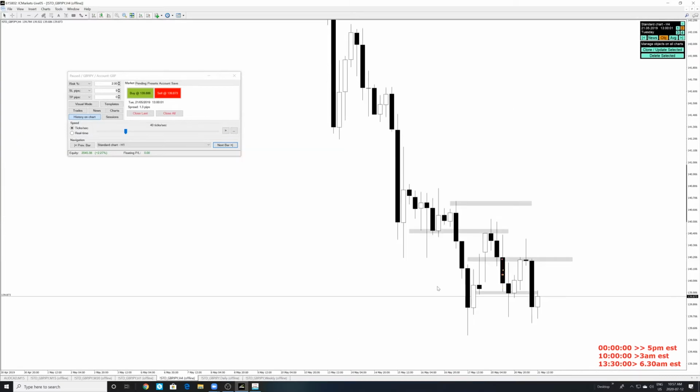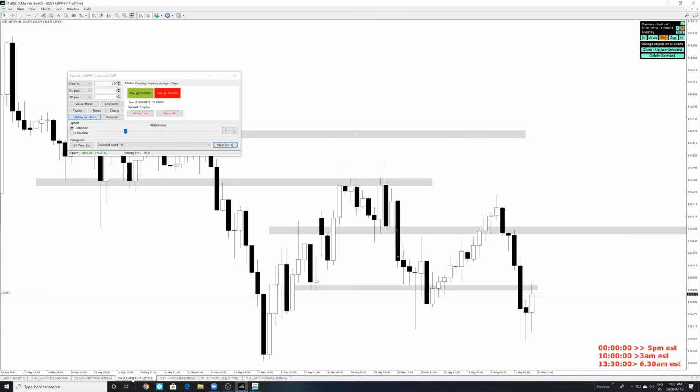So let's take a look at the 4-hour now. Let's just bring this thing down over here. The 4-hour is at a support, a very strong support. The support got respected once, twice, three times. So there are no sells right now on the 4-hour because we're at support. There's no buys because we want to take a look at the buys on the 1-hour here.